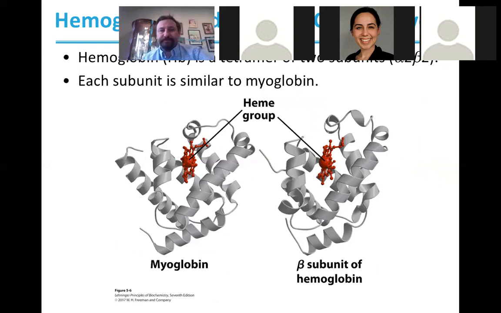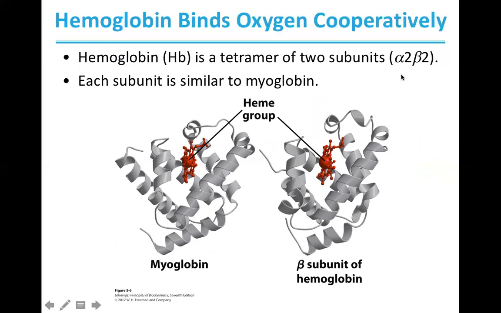So that's accomplished by having not just one protein with a single subunit that will bind oxygen and try to carry it from the lungs to the tissues. Instead, it's going to be a protein, which we'll call hemoglobin, which will bind oxygen cooperatively. It's going to be a tetramer of 2 subunits. So 2 alpha and 2 beta subunits. And each subunit is actually quite similar to myoglobin. So myoglobin, beta subunit,